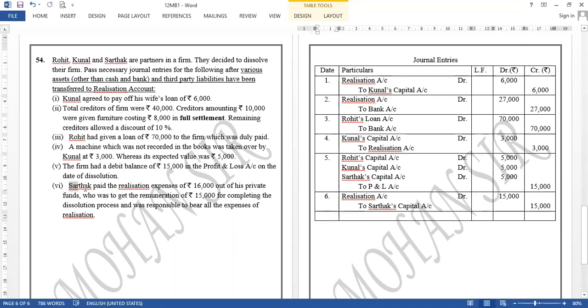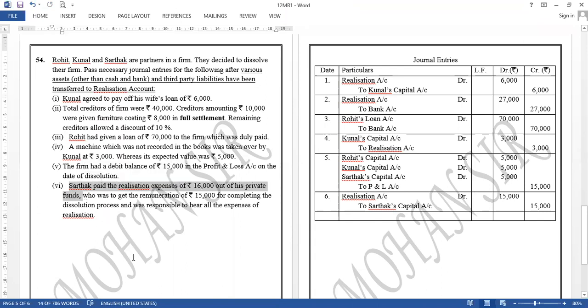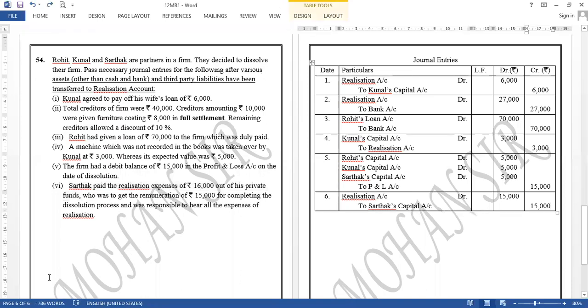अब क्या हुआ? Sarthak has paid, right, 16,000 out of his private funds. तो एंट्री क्या लिखेंगे अब? नहीं लिखेंगे सर. That's very correct. पार्टनर was to pay, partner has paid those expenses. तो फर्म को क्या लेना देना है? Firm has to look for the remuneration that it was decided to pay him, right? So that's all. 15,000 जो फर्म को देना था उसका एंट्री कर लिया. अब पार्टनर की रिस्पॉन्सिबिलिटी, वो कम पे करता है ज्यादा पे करता है, वो उसका मैटर है. As a business entity we need not worry about that. So that's all. ठीक है.